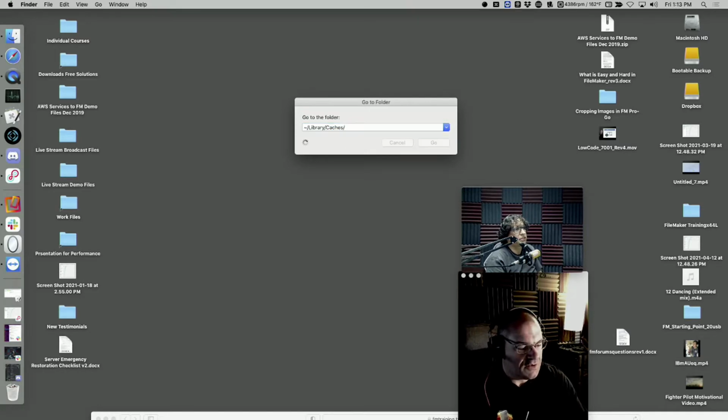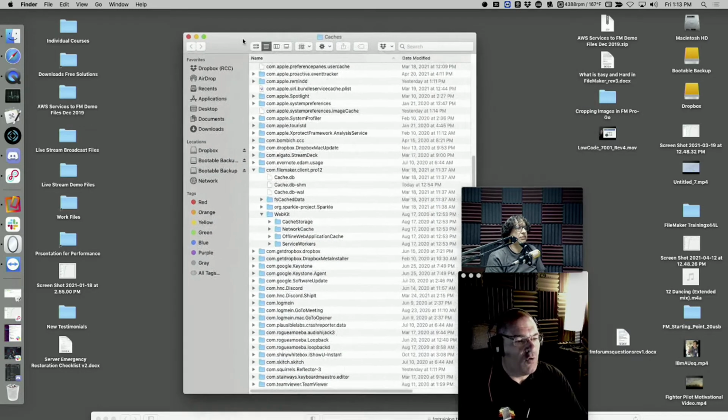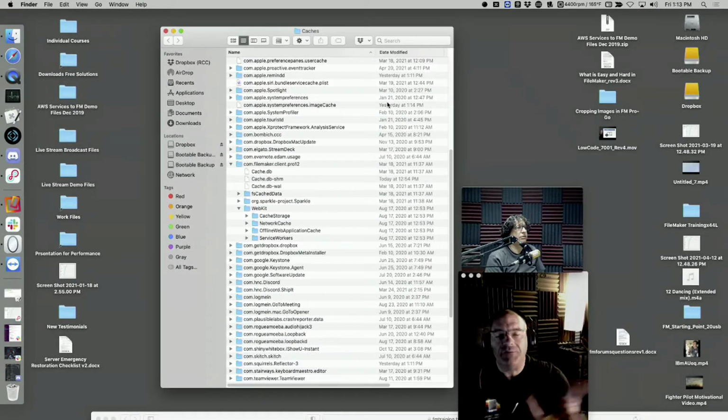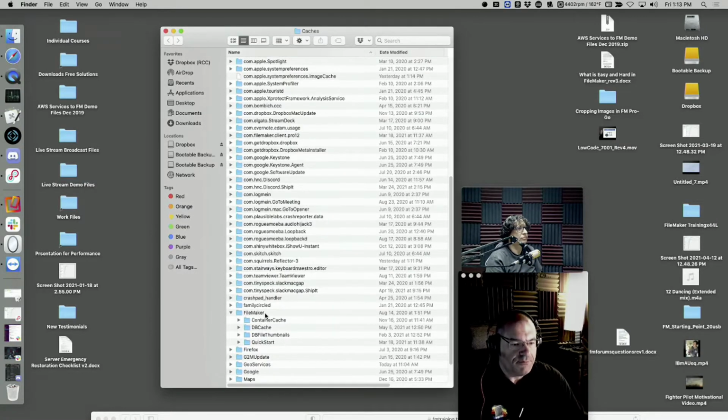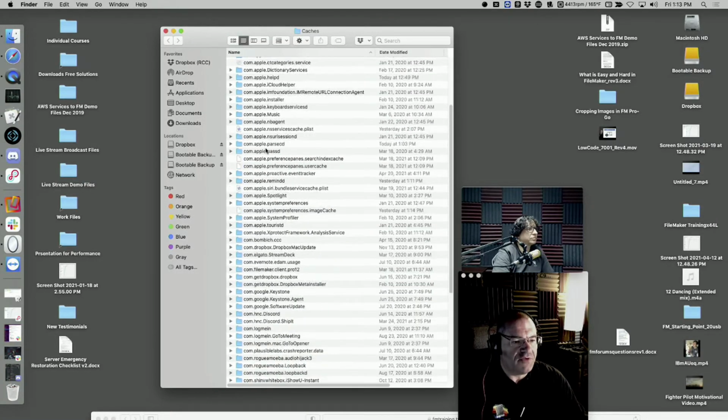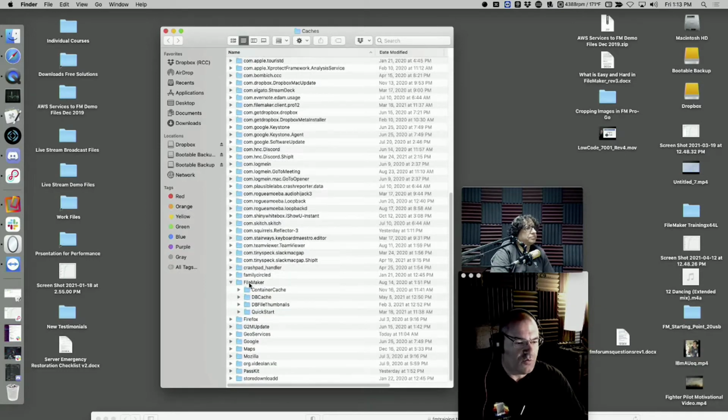Okay, that's great. So then what you're doing is you're finding the folder of caches. Now, not just FileMaker has caches. A whole bunch of apps have caches. You've got to scroll down until you find the one that's FileMaker something. Yeah, go down to Library, Caches, and then you're looking for the one that actually is FileMaker right here. There's this other one up here that was like a FileMaker 12 one or whatever, but this is the one right here.